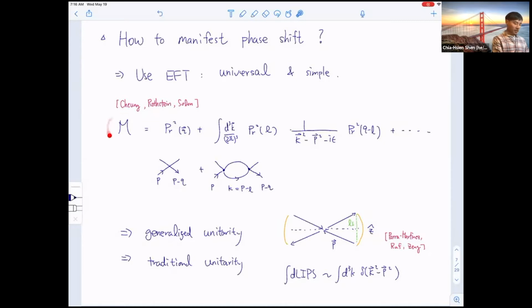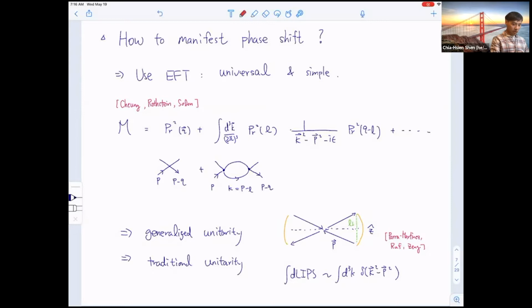And this is the structure of the EFT amplitude coming from Chia-Hsien and Sloan. And in their organization, the finite part is the so-called impetus that played a crucial role in Gregor's talk earlier. And the propagator for this intermediate matter particle is chosen as k squared minus p squared. And the reason is very natural, simply because when k squared equals p squared, this particle becomes on shell.